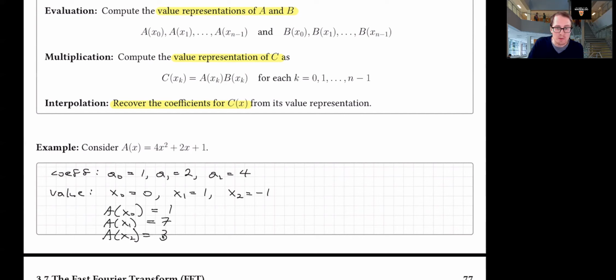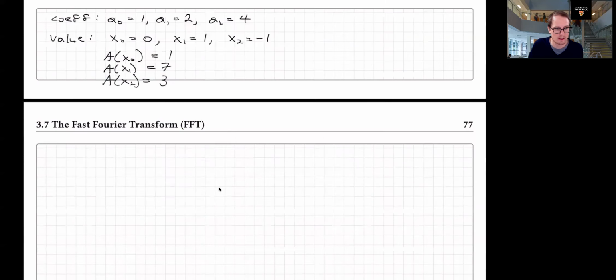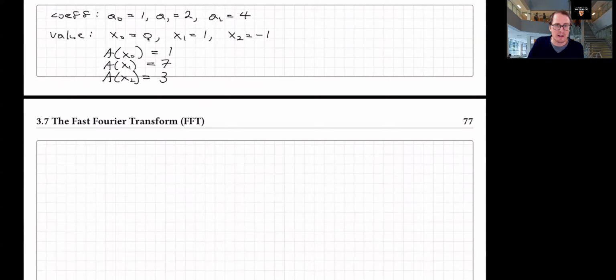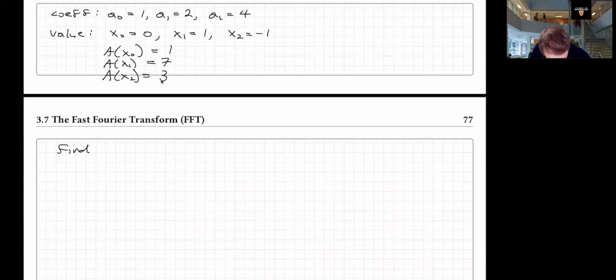And if I give you these 3 values, that then uniquely describes a parabola, right? From that, there's only one equation of this form with free coefficients that passes through these 3 points, that has these 3 y values at these 3 x values, right? So if I just gave you the value representation at these 3 x points, these are the values, then how do I recover the coefficients? So to find the coefficients